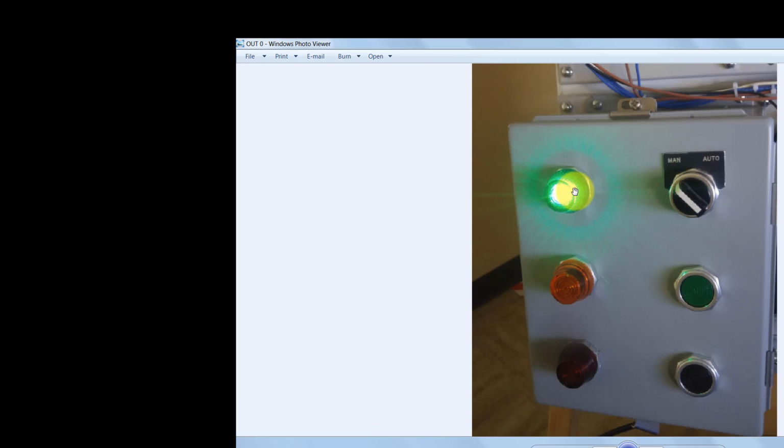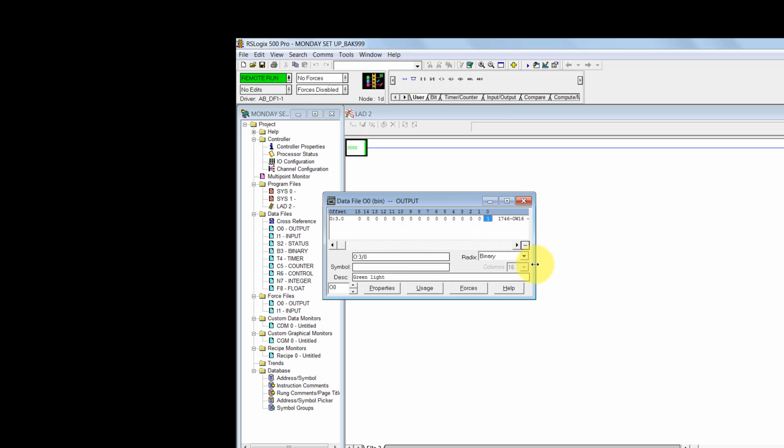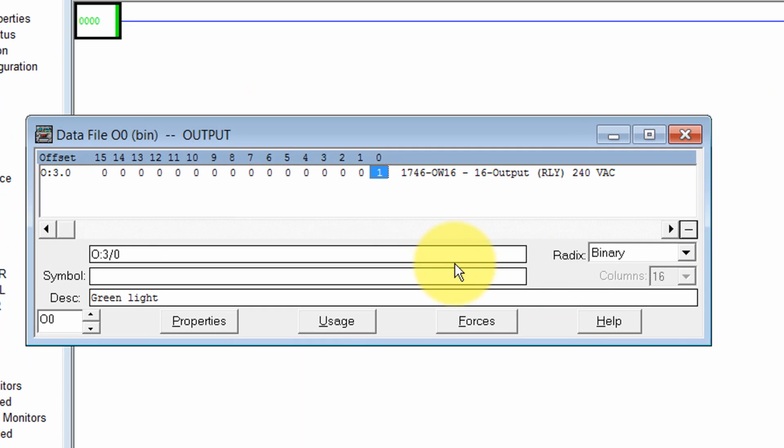That click was this first light turning on. This light is output bit 0. The output modules have output bit indicators very similar to the input module. Also, you'll notice if we open the window, we have a little bit more information on our output card. It's a relay output card, which just means the card has sets of contacts that are going to close for